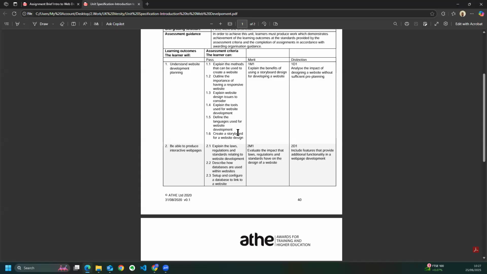We have planning, where you gather all the information, and designing, where once you've planned your website, you know what you want to achieve. You design and have a storyboard,